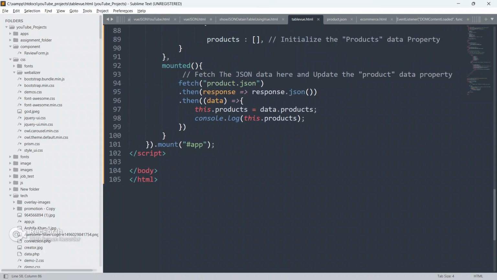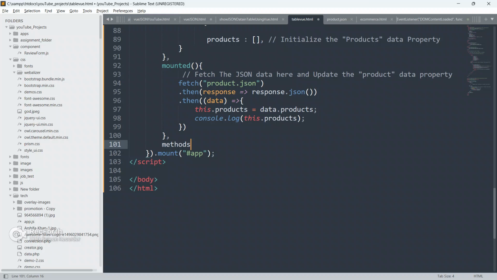Go to our code, and we have to create one more method below this mounted. So put a comma, and we have to create our methods. So guys, you all know methods inside Vue.js is an object of functions or a collection of functions.